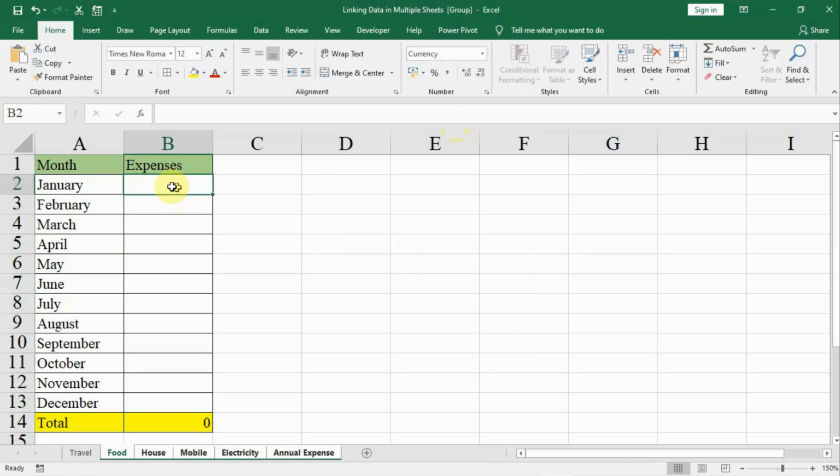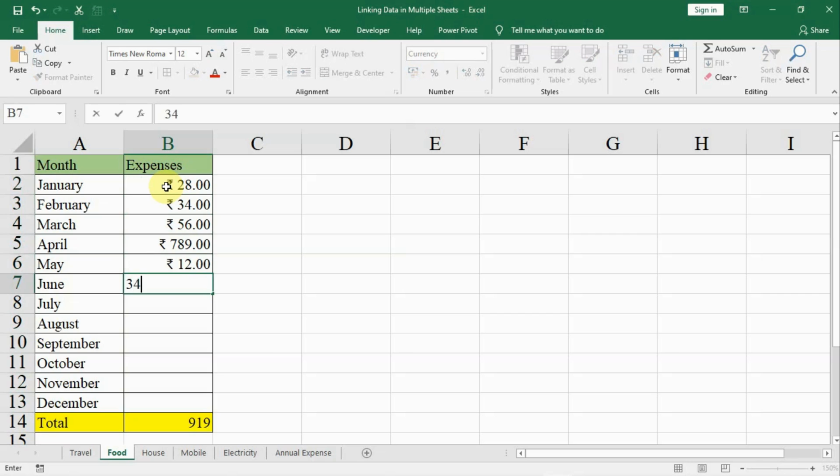and now fill some arbitrary currency in the month, in let us say food here in the January, that is let us say any amount you wish to, let us say till June only, and do it for all the sheets.